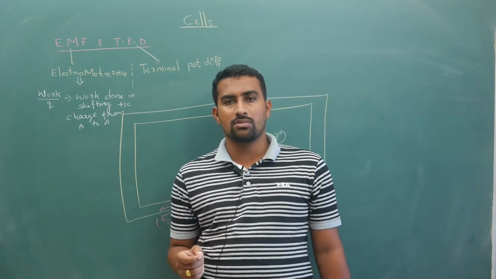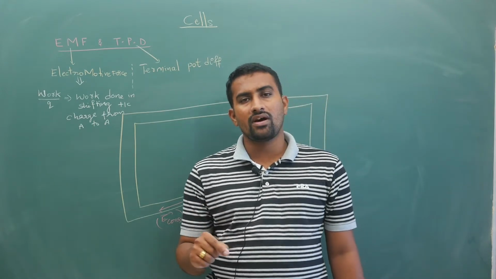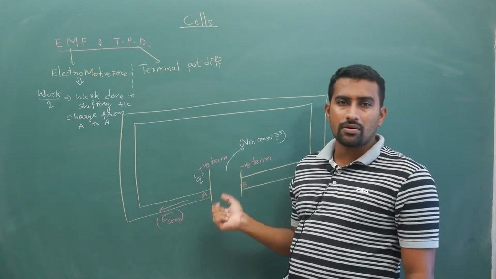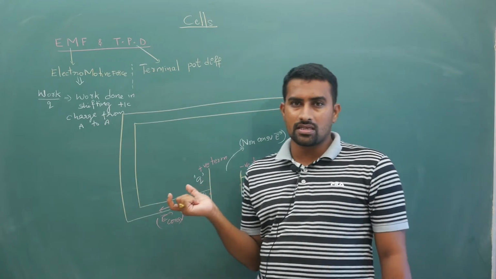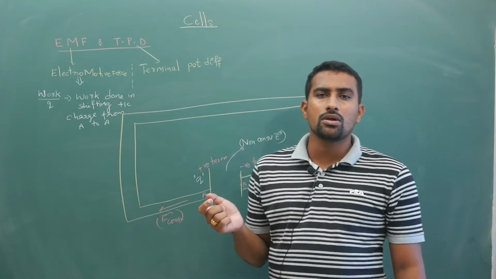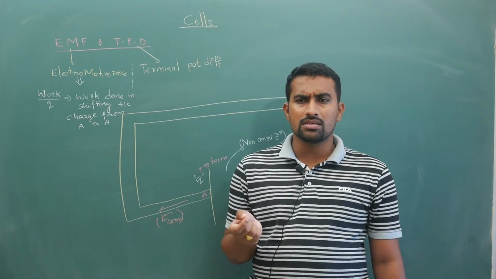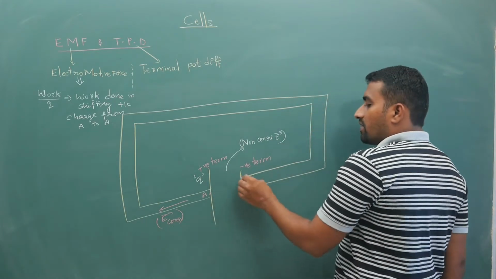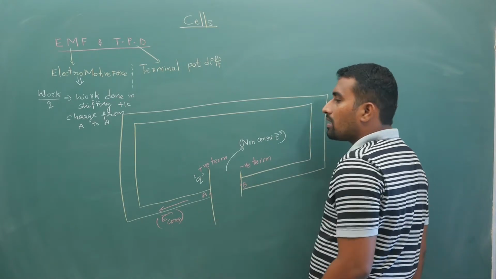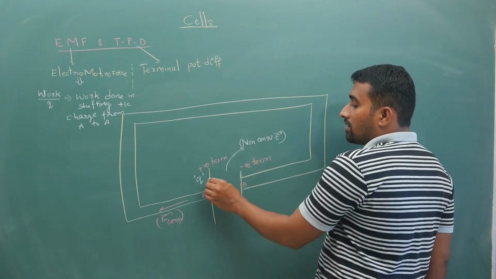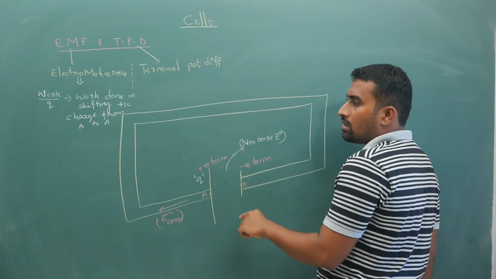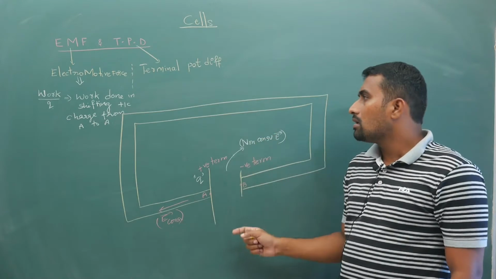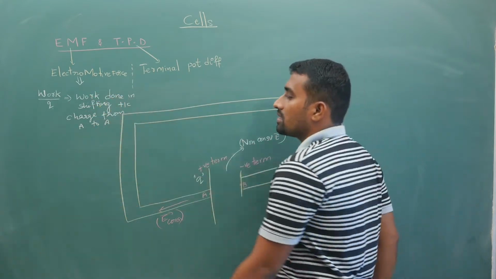Why the answer is not 0: work done in a closed path is 0 for conservative fields. From A to B, outside, you have a conservative electric field, and inside you have a non-conservative electric field. Work done is 0 only in conservative electric fields, not in non-conservative ones. From A to B you have a conservative electric field, but from B to A you have a non-conservative electric field. So the work done in shifting plus 1 coulomb, that is your electromotive force. Its unit is once again volt.